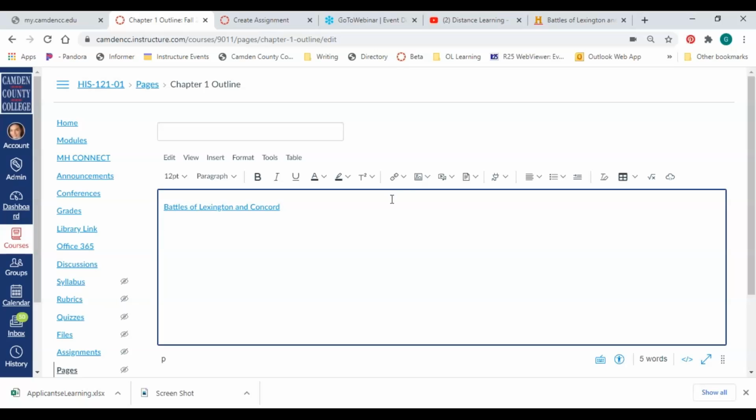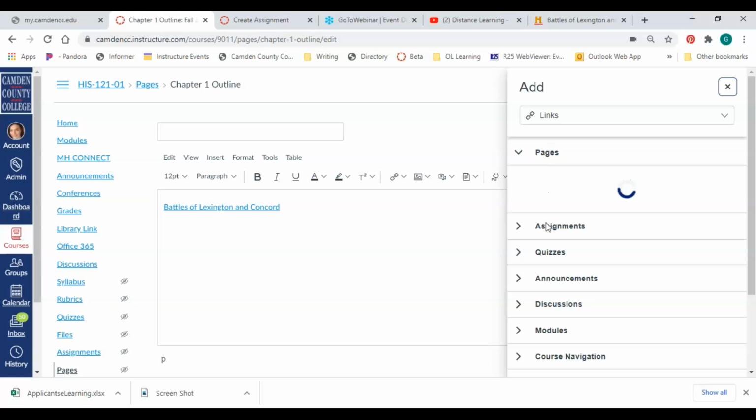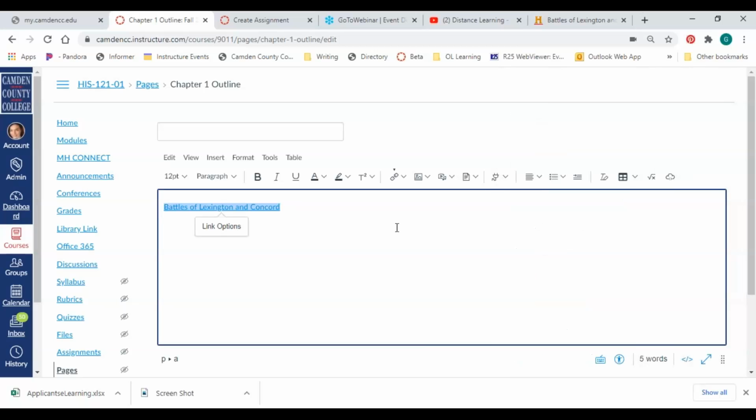The other thing that is very different is when you click on this links button, if you click course links, that's what brings up that content selector. So the content selector in the old rich content editor was always over here on the right side. It stayed there the whole time. Now you have to bring it up. So this has always been something that I really like about Pages or the rich content editor, is that you can link the rich content editor to anywhere else in the course. So let's say that I, as part of my